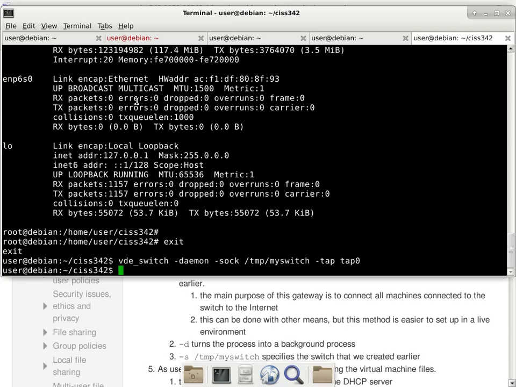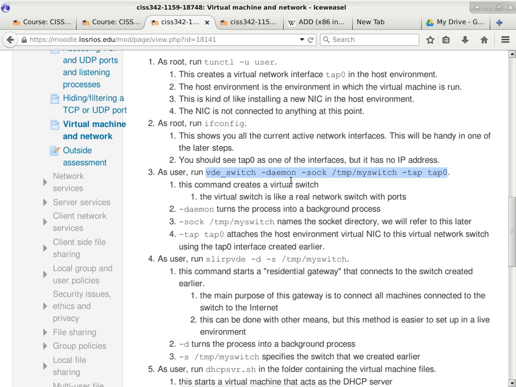It doesn't have an IP address, it's not active because I haven't told the computer to make use of that network card. I just have a network card, it's now connected using a Cat5 cable to the virtual switch, but I haven't said anything about how to configure it. Okay, moving on to the next command.